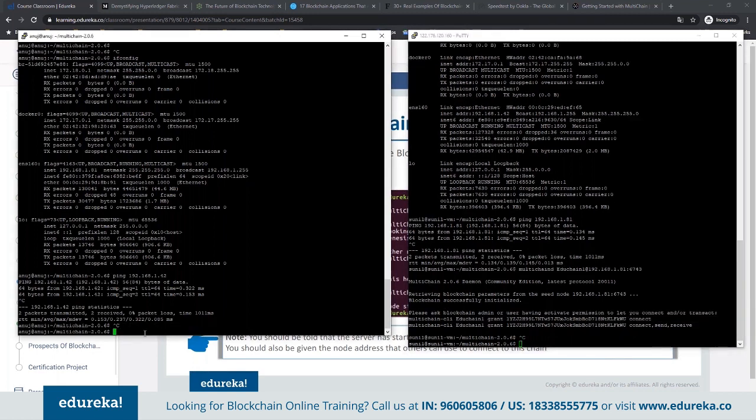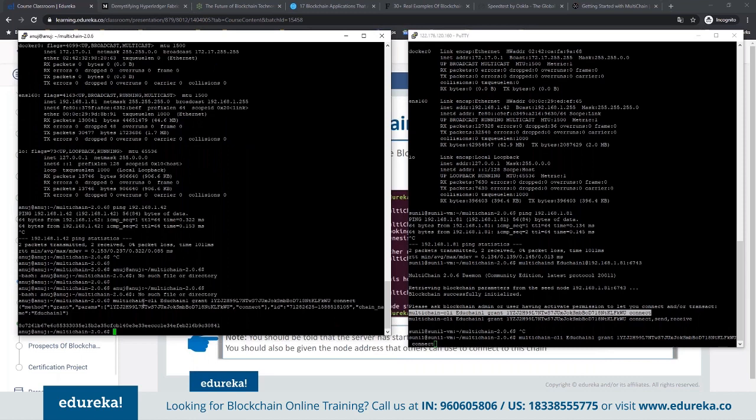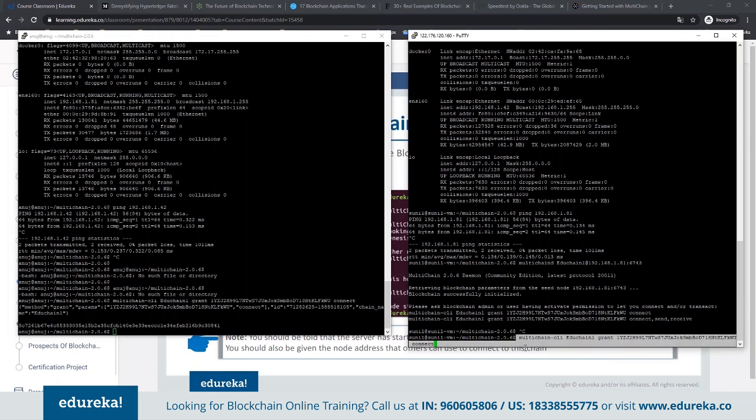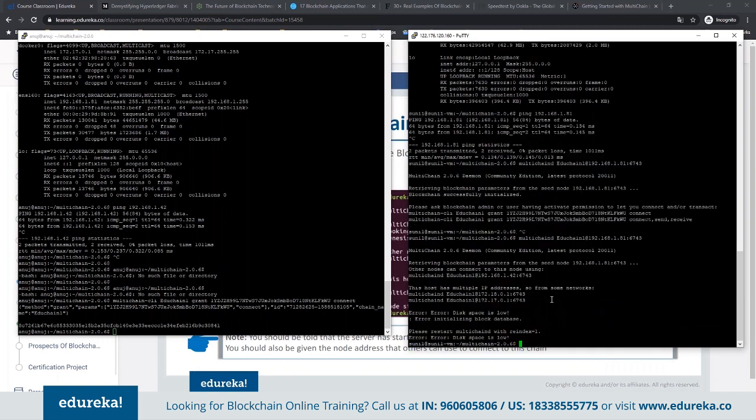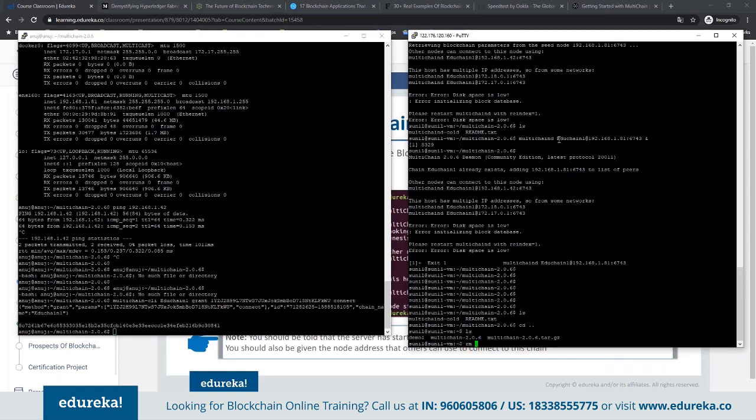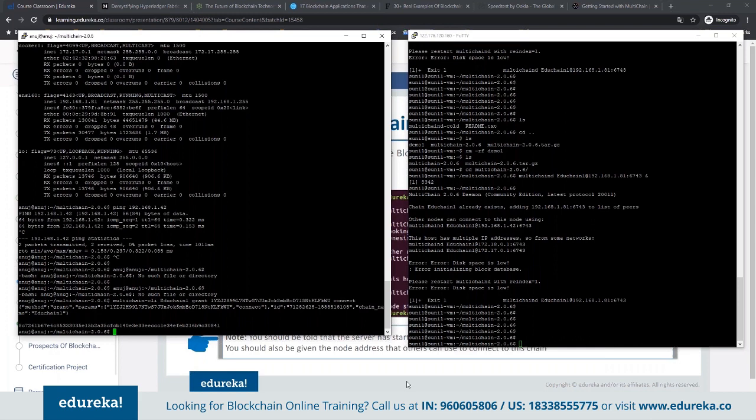So if I run this command here, now this transaction has run successfully and I have given the permission to connect. Now if I run the same command which I ran earlier, then it should be able to connect now. So I am again giving the command to connect with this chain. Now it is not connecting because of the disk space issue. It should have been connected.